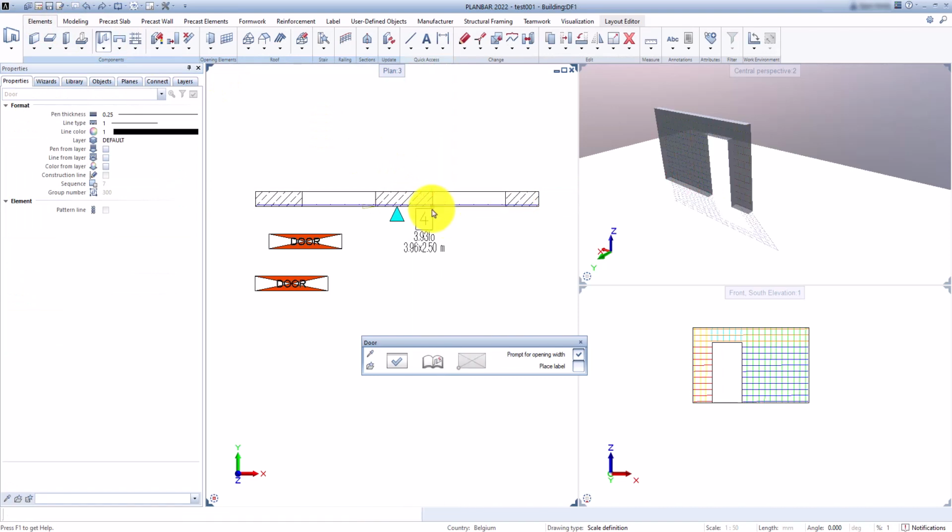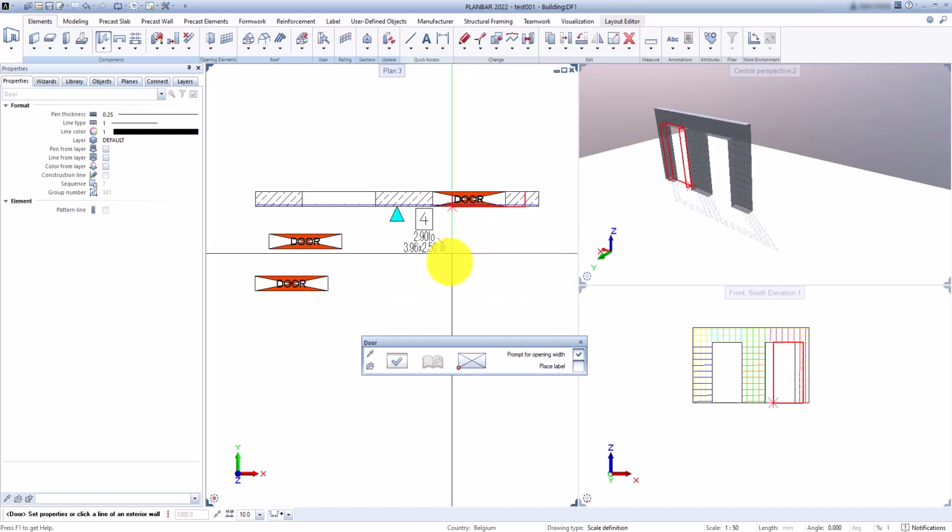When placing a new opening, we can see the rebar gets adjusted, as requested.